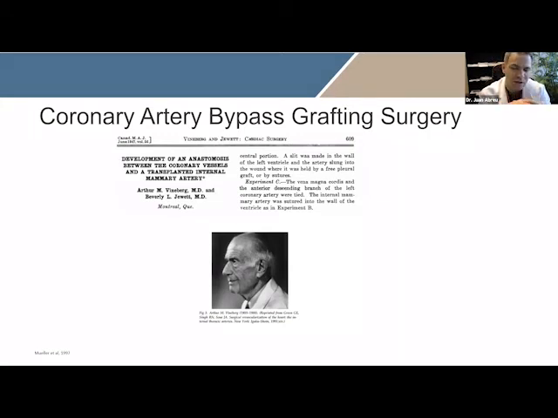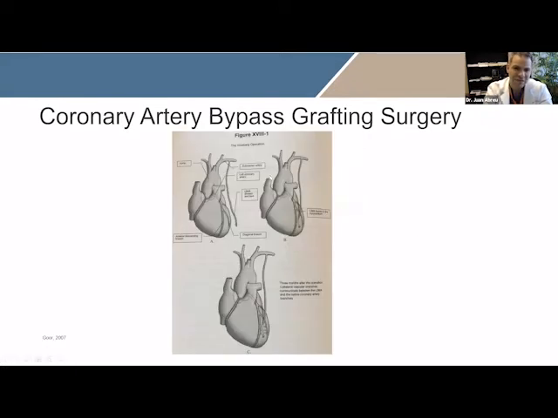Dr. Carrel worked a lot in animals because human studies were not approved back then. It was kind of a taboo. What Dr. Carrel was doing basically was taking one leg off one dog, putting it on the other dog, and interchanging the legs, making the connection, making them work. Dr. Weinberg said, why don't we do that in the heart? Because we have people that have chest pain, and after they die, we do the autopsy, and it's because there was a blockage there. And that's kind of how he developed the technique.